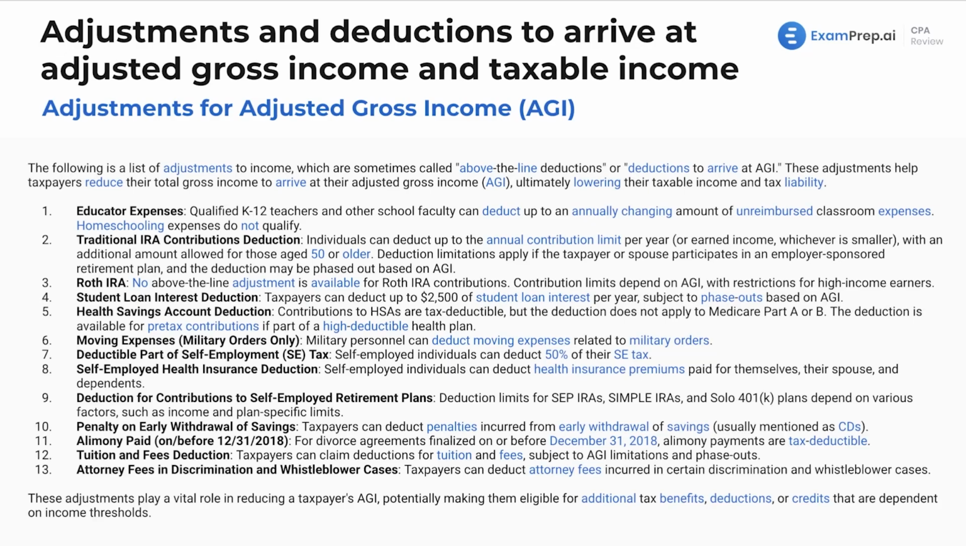It's time to run through some adjustments for AGI. A lot of these will have memorization-based amounts, which we will have in the resources linked below. The following, we've got a list of adjustments to income, which are sometimes called above-the-line deductions or deductions to arrive